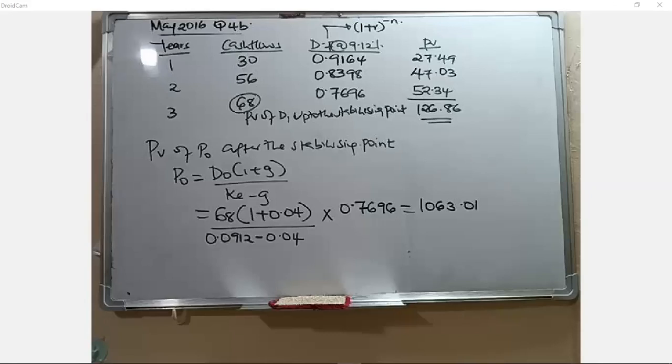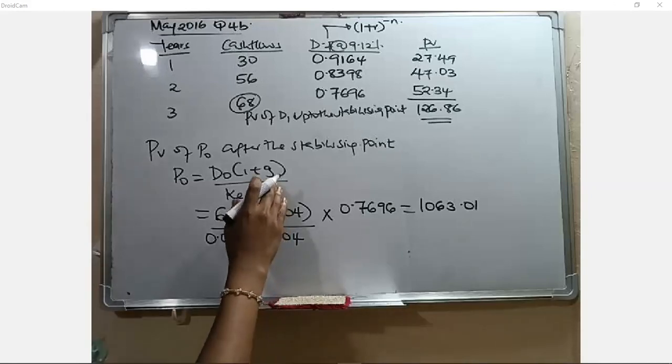Now from there, let me check whether the answer is correct. How much are you getting? Eric, how much are you getting? Excuse me, Madam. Yes, yes. According to the formula, there is no this 0.7696. Yeah, according to this, there is no any formula.